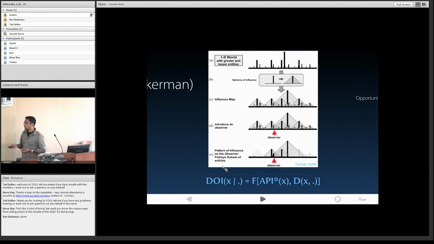And the only thing we need to do to modify Furness's formula is, instead of API just standing for the a priori or global curated importance of the items, if we now add or blend into that the effect of the things that we've liked, we have a very good model for a transparent set of algorithms that show us what we're interested in, but also don't occlude the broader world and some of the more important issues that are surrounding us.